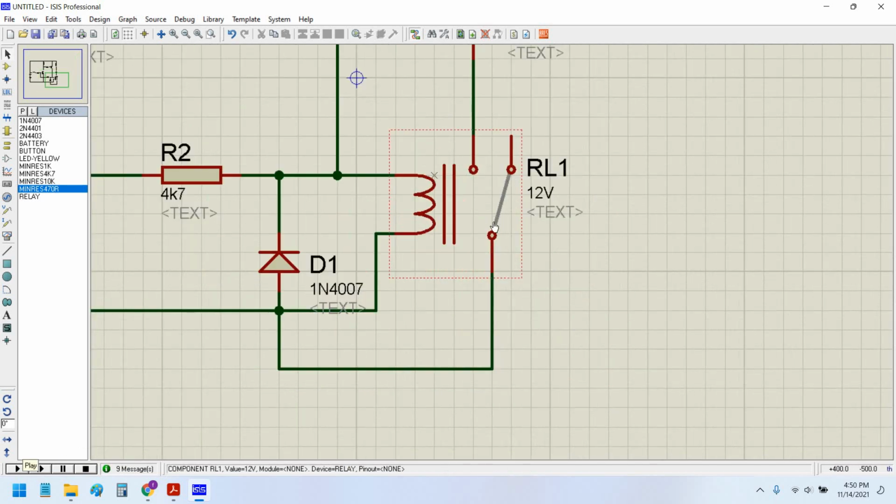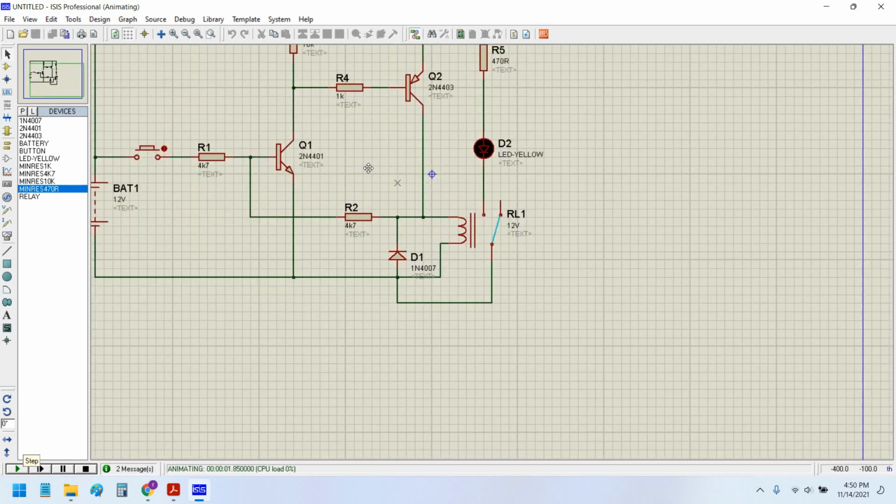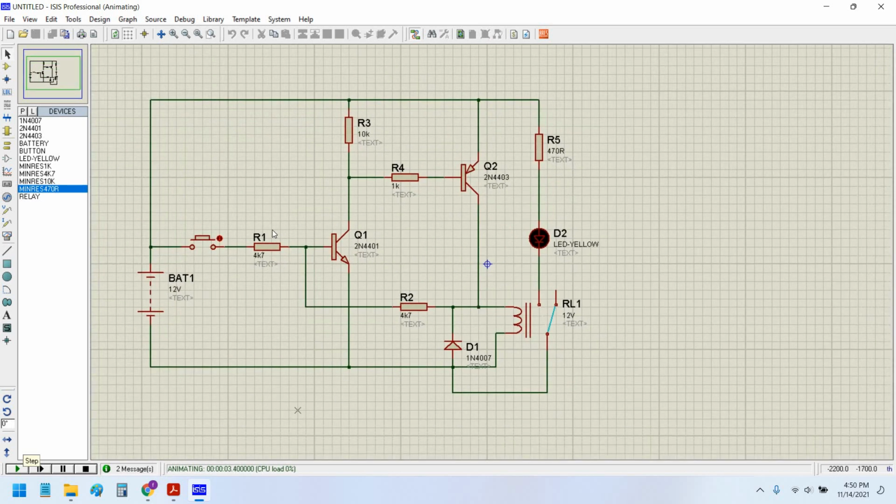Now closely look at the plunger of the relay. This is in the gray color. As soon as I start the simulation, it turns on. It is now active. The relay is now active, animated. And now when I hit the push button, the plunger moves on the other side and makes the close contact,